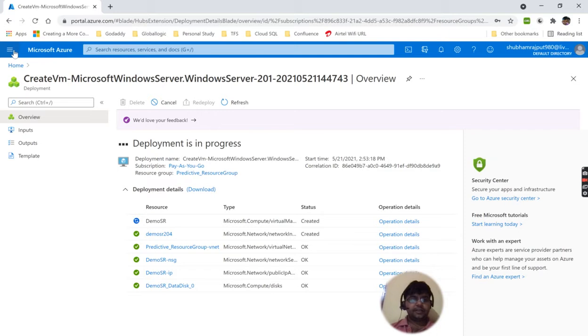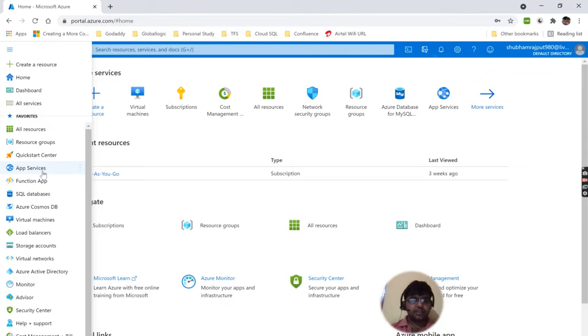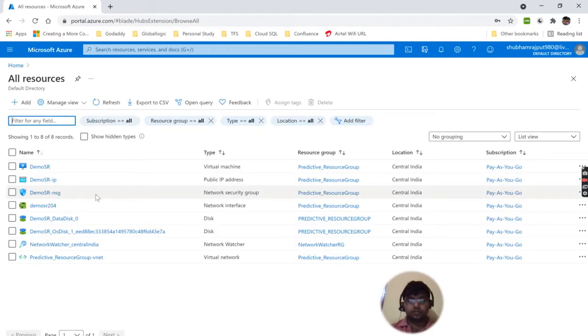Okay, until then I'm telling you something else about Azure. These are the side menu basically. If we go from the top and click on all resources, these are all the resources which I have created until now. Demo SRS is my machine.